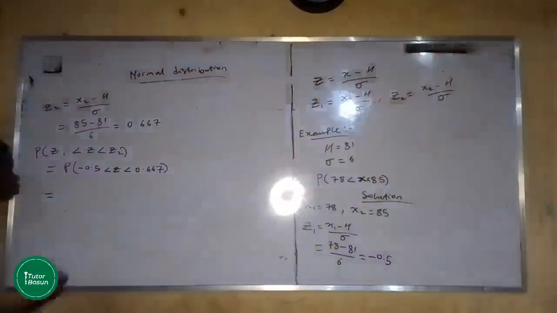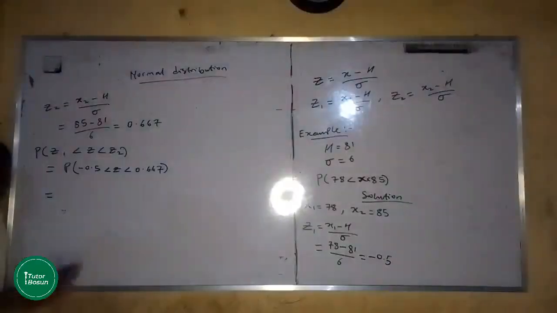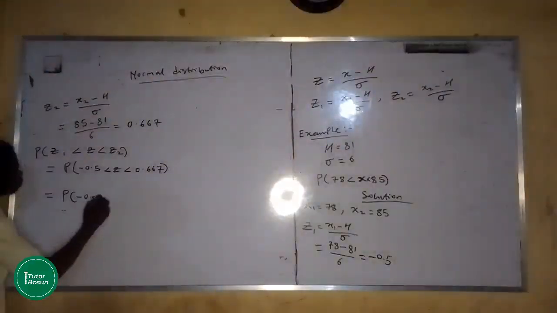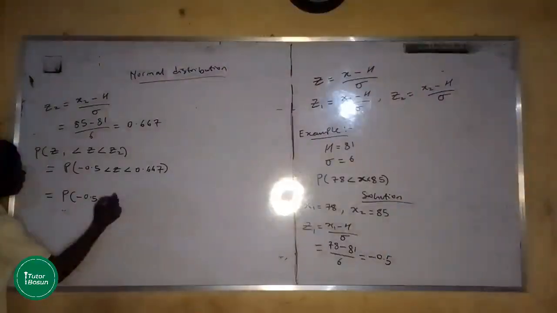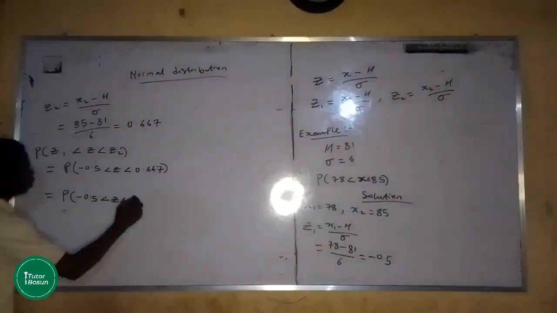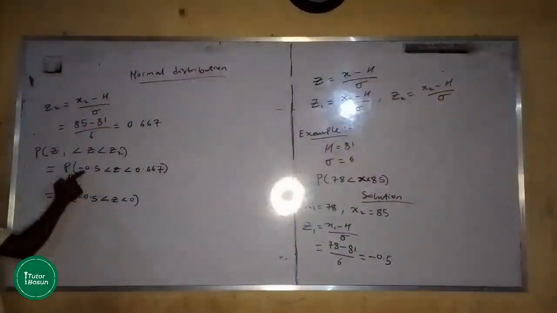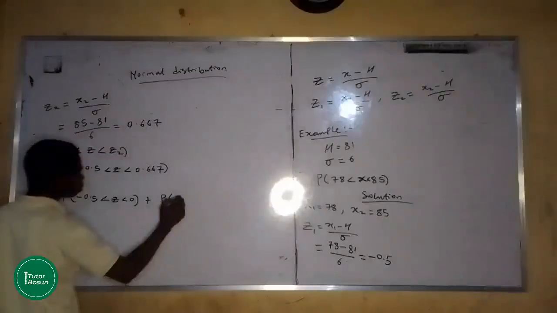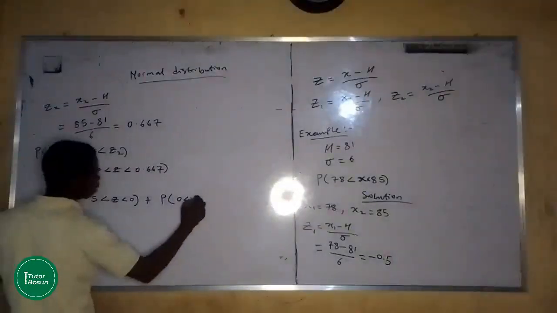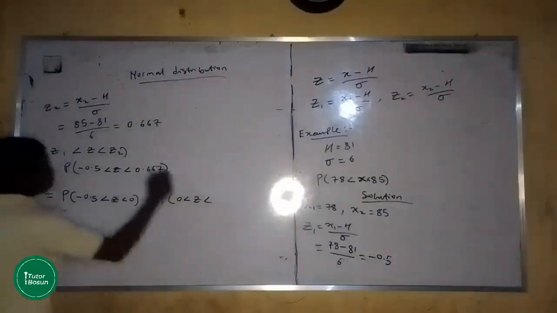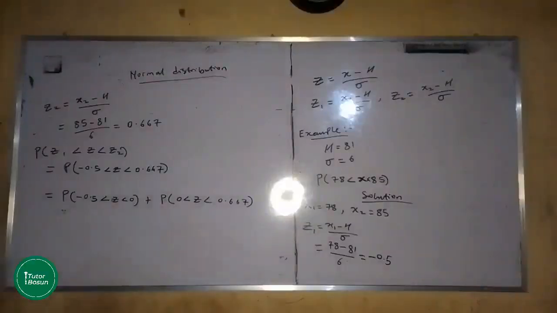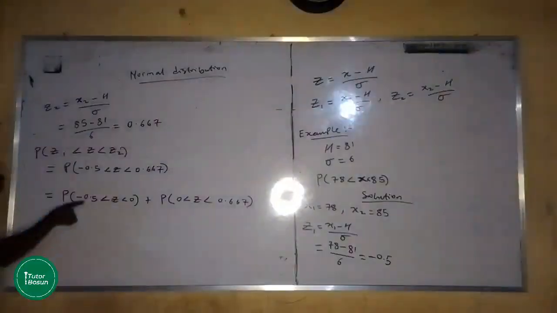Then you should be able to break this down into two sets of probabilities. And what are the two sets of probabilities? You can say let this be the probability of minus 0.5 less than z less than 0, from minus 0.5 to 0, plus the probability of 0 less than z less than 0.667. We have been able to break this down into two probabilities, but we are still having a negative sign here,